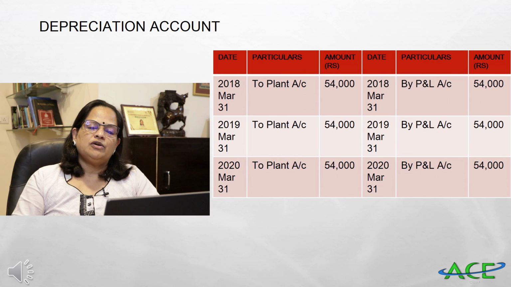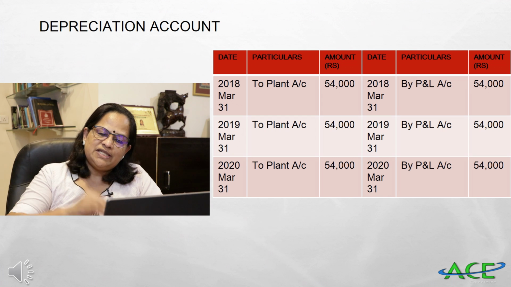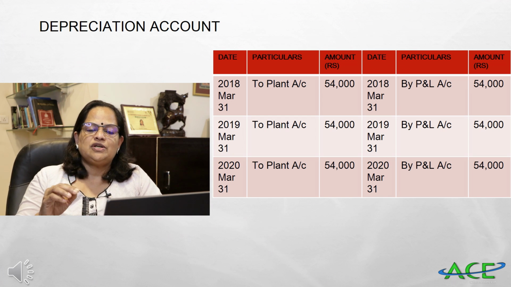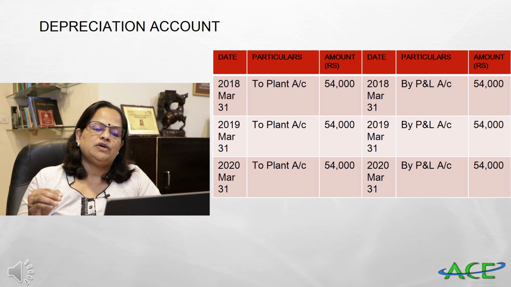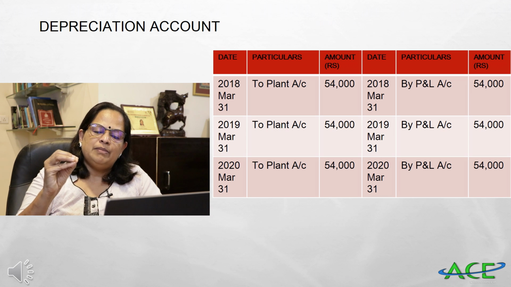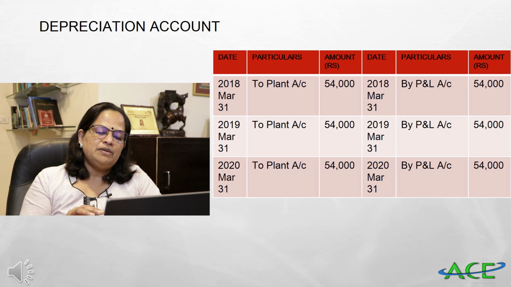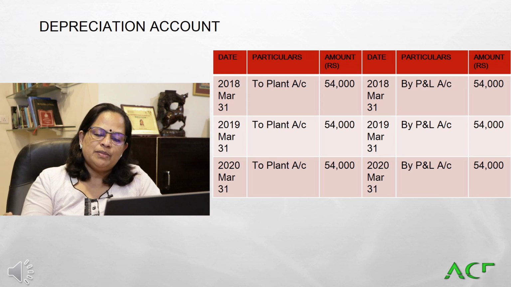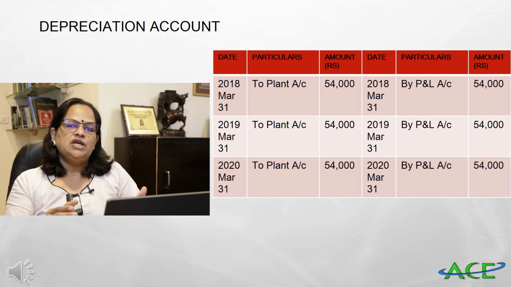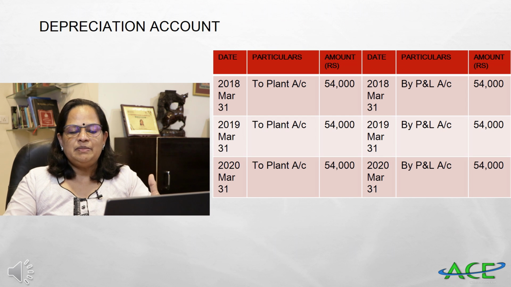Now depreciation account. 2018 March 31st to plant account 54,000. Now that same depreciation you are charging to profit and loss account. So by profit and loss account 54,000. 2019 to plant account 54,000. March 31st by profit and loss account 54,000. So 2020 March 31st to plant account 54,000. 2020 March 31st by profit and loss account 54,000. So every year we will be charging the same depreciation and the same amount will be debited to profit and